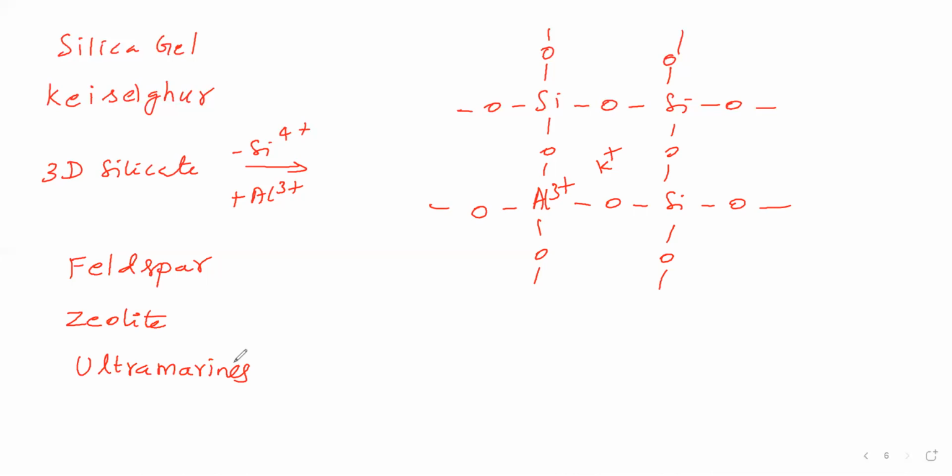Now, this is about types of silicates. In the types of silicates, the first one we have discussed is orthosilicate. In that, no oxygen is shared. In some cases, 1 oxygen is shared. In some cases, 2 oxygens are shared. In some cases, 3 oxygens are shared. In some cases, 4 oxygens are